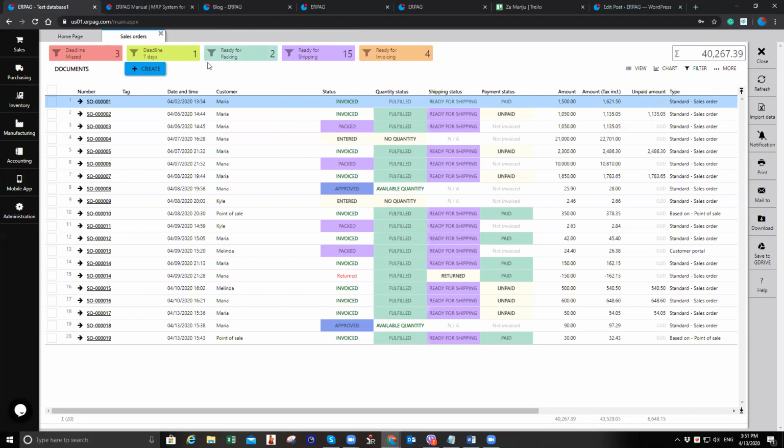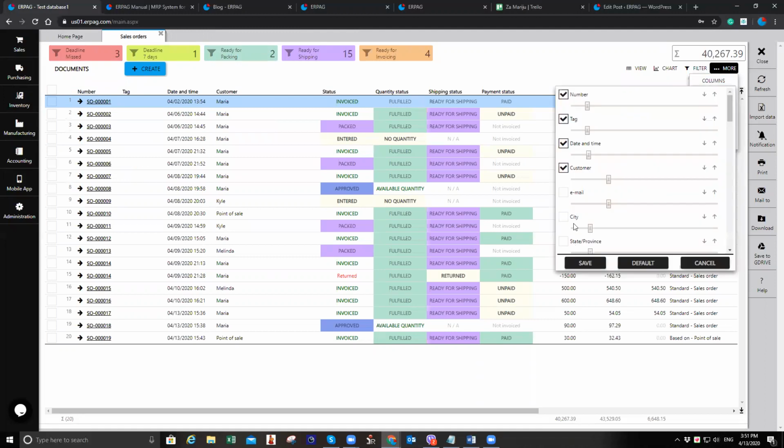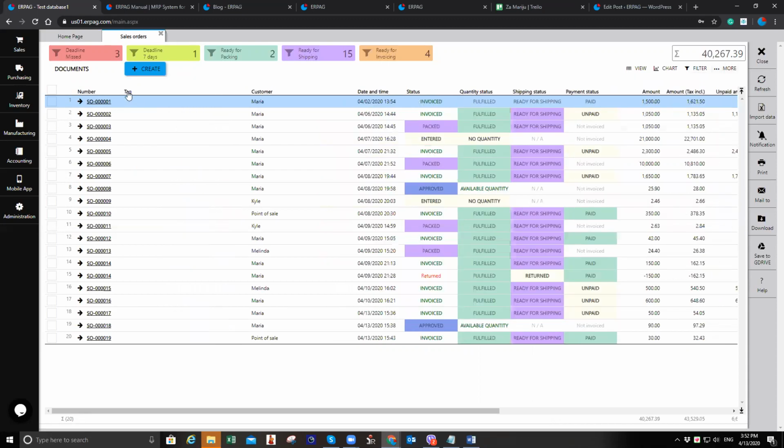There's no customizable way of entering additional attributes in, let's say, product or supplier or sales, or removing any of the existing ones. It's just what you're going to be able to see. Yes, you can only remove those here in any window. Wherever you have the more and columns, you can disable and enable what you want to see or not. What is this? If you drag and drop this thing in the middle, what does it do? The one just below the date. What's the point of this handler in the middle, that you can turn left or right? This one? Oh, the scroll bar. That means that if I, for example, look how the tag field is small, if I increase it and I save it, it would just